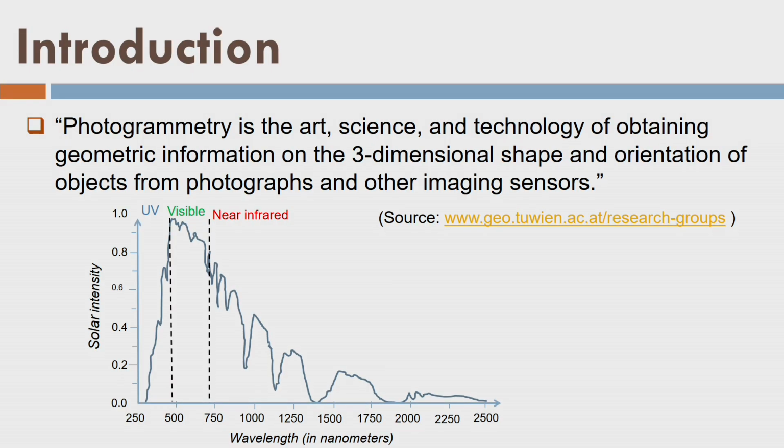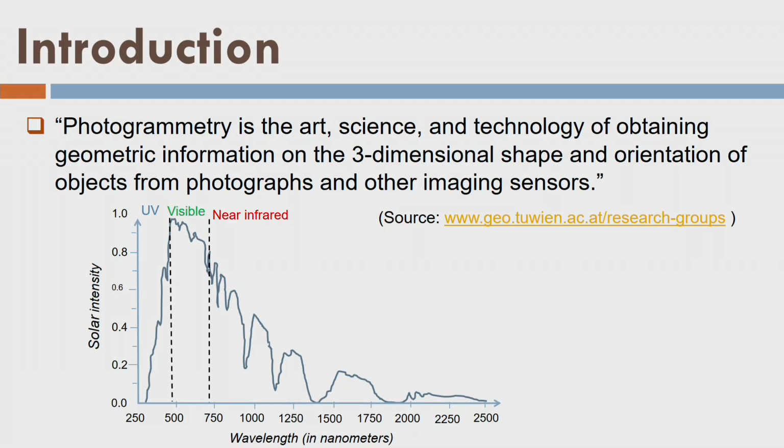Then let us start with the basic definition of photogrammetry. What is photogrammetry? If I explain it in layman's language, photo means the photograph that you acquire, and then you have metry as a suffix to this term photo, so photogrammetry. The difference between photograph and photogrammetry is very simple. Whenever you use the word metry with something, that means I want to do some kind of three-dimensional measurement using photographs. So it becomes photogrammetry.